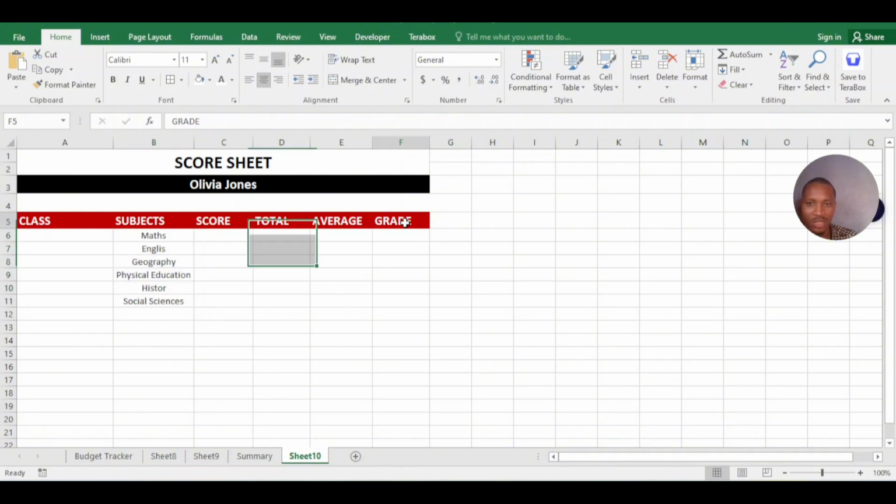Let's do the same for the column names. Let's highlight every one and click on center. You can see everything is moved towards the center. So now that we are done with this, what I'm going to do next is, okay, which grade are we